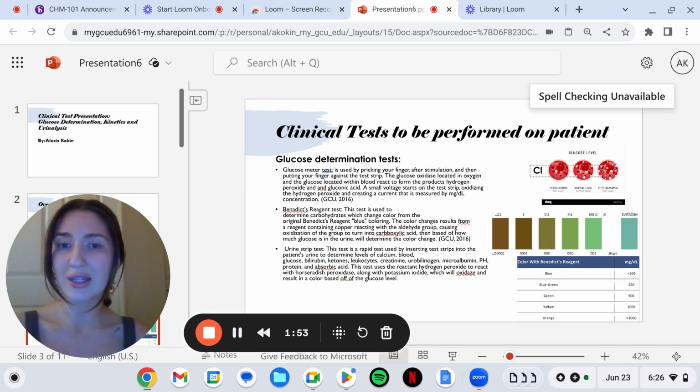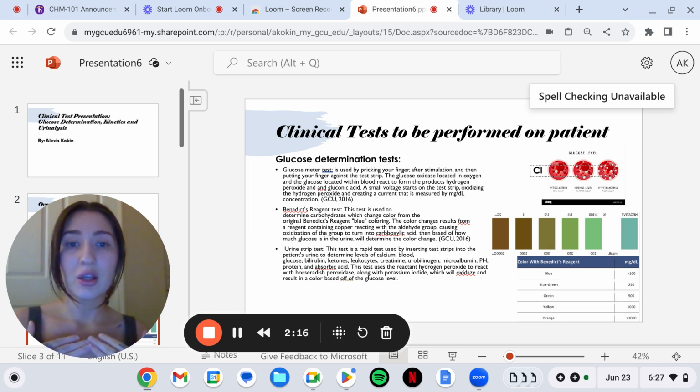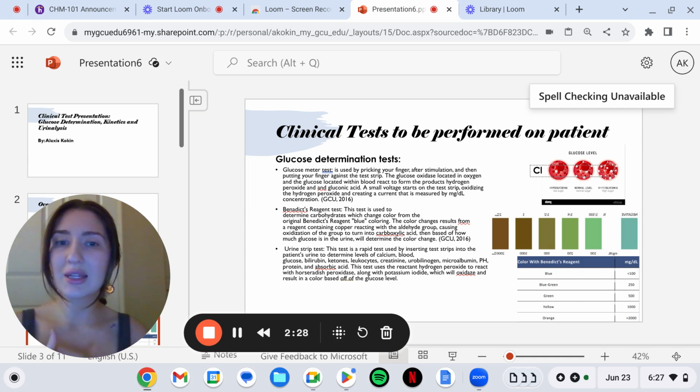So the glucose meter test, just to go into a little bit about what that test is going to be, is a test that is used with a device where you will prick your finger and you will use the blood to apply to the test strip to allow the glucose oxidase, in the presence of oxygen, to react with the glucose in our blood to form the products hydrogen peroxide and gluconic acid, which will allow a reaction from a small voltage on the test strip to oxidize, and it will create a current that we will be able to obtain a measurement of the glucose